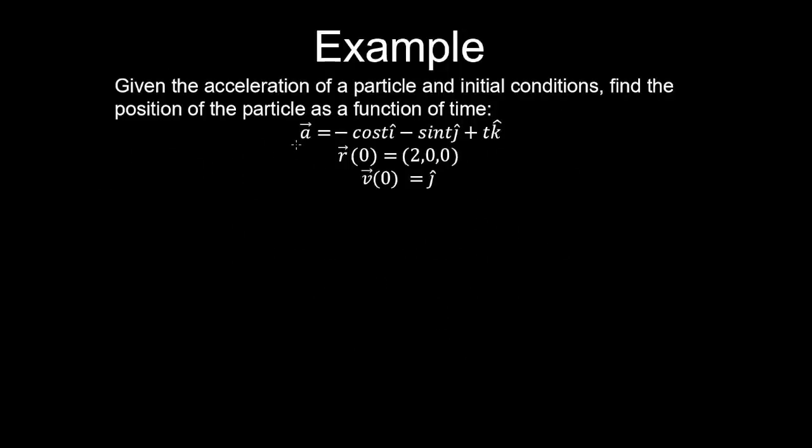Given the acceleration of a particle and initial conditions, find the position of the particle as a function of time. We'll recall that the acceleration was the rate of change of velocity with respect to time, and if we separate the variables and integrate both sides, we have an integral from the initial velocity to the current velocity at time t on the left hand side,